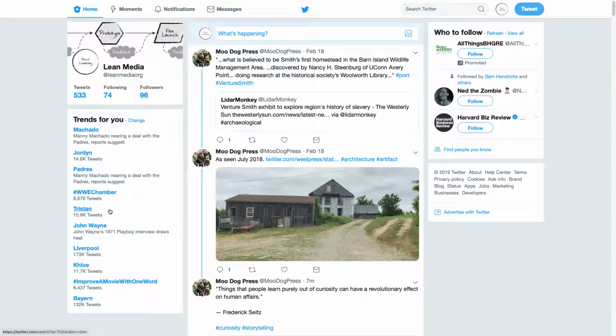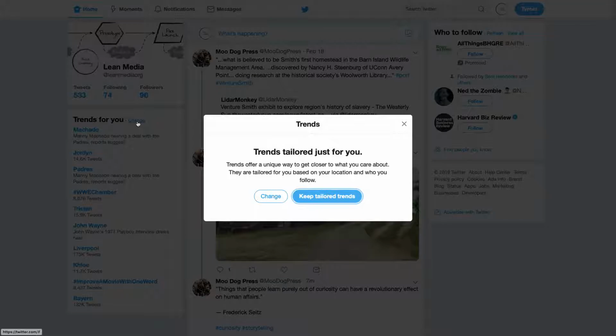But what's happening is Twitter thinks that you may be located in a certain area. I'm guessing they think I'm located in Los Angeles. And they're showing trends that they think I will like because other people in Los Angeles think that these are important. What you can do is you can actually change it so you're not seeing the same type of thing. And how you do that is you just click the change button to get going on that. Trends tailored just for you. So you can keep tailored trends, which means just keep what you have set up here, or you can change